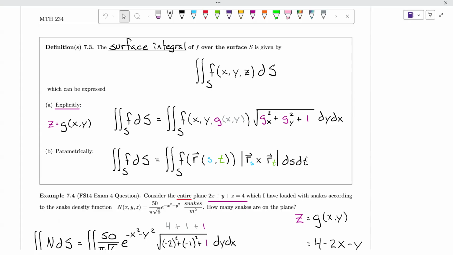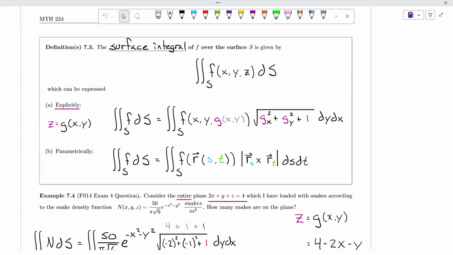So in the event we don't have an explicit function, we'll go to the parametric definition, which looks fairly similar. We just have to take f of whatever element that we have. And then when we change dS over into something that we can integrate, we'll need to pick the correct magnitude to multiply in. So to go over a couple of quick highlights, a surface integral is a type of double